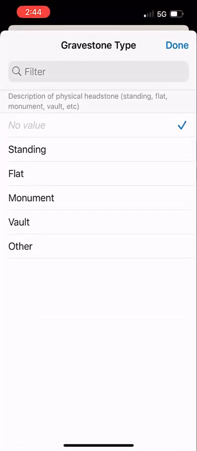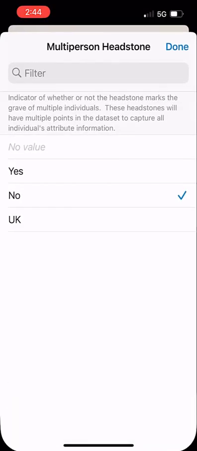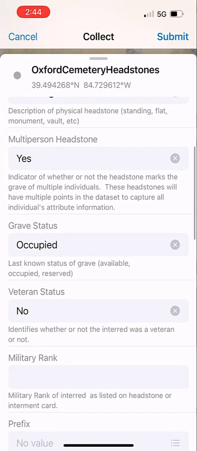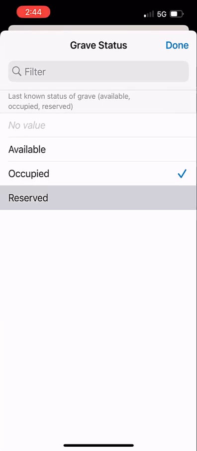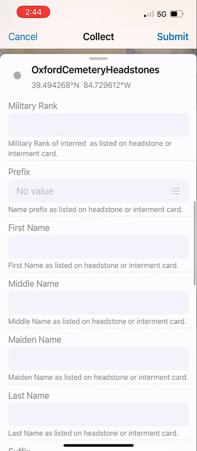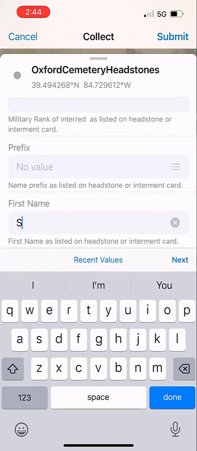I usually start off with the person who's on the right side of the headstone. There's no real logic to that. So you want to say whether it's a standing headstone, you want to identify whether or not it's occupied, or if that person just has a birth date, that means it's reserved. Go through and fill out the rest of the information for the individual,